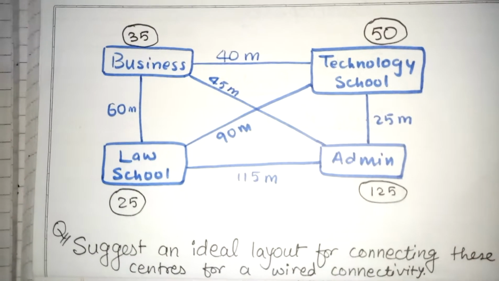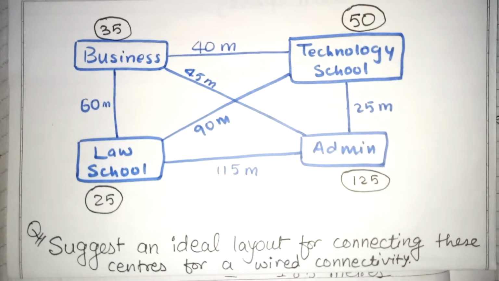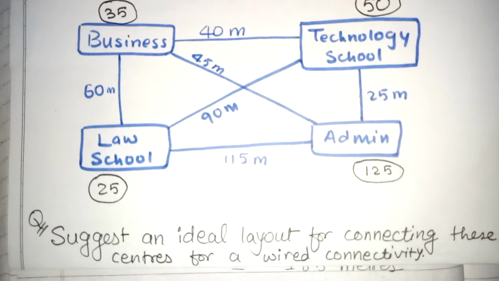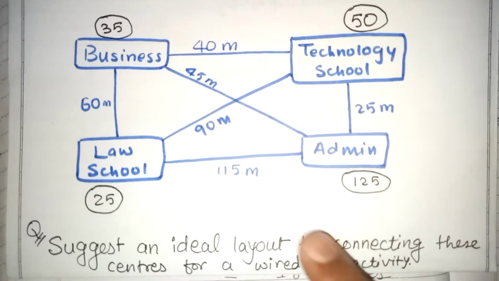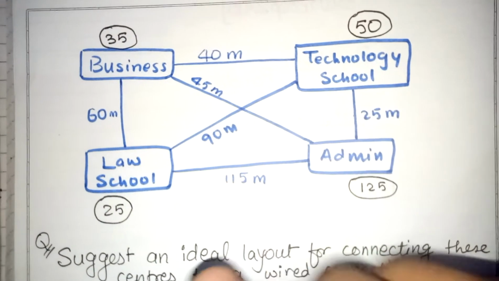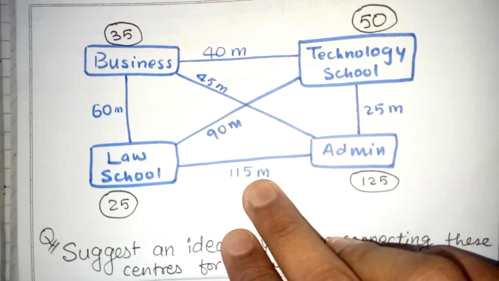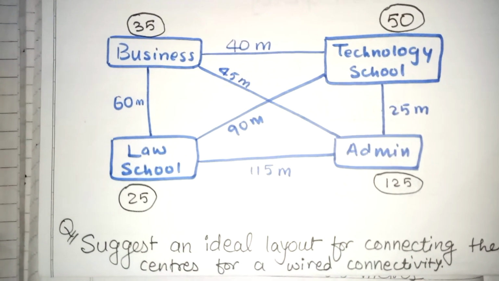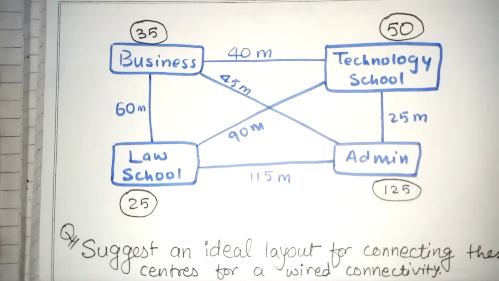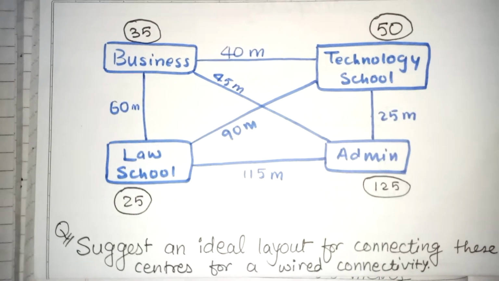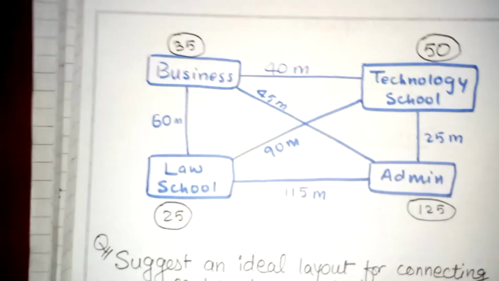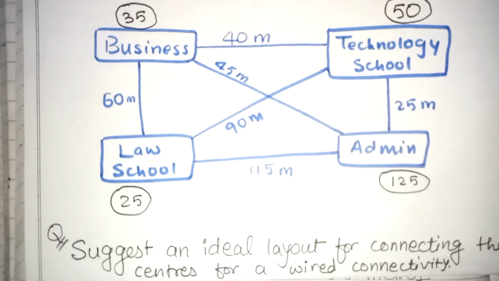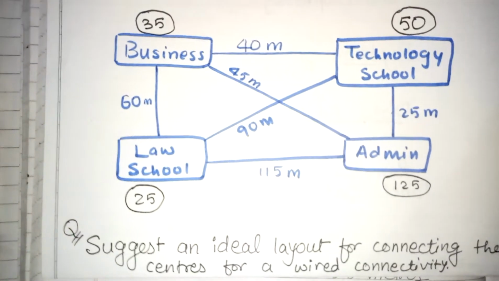It is in my notes in the Telegram group. I will tell you that for a small network, it works like this: for 115 meters, the maximum distance here is 115 meters. So for a small network, it's not about kilometers, it's only a few meters, a few hundred meters. So this is a small network. And this is also a LAN design, because it is a local area network.